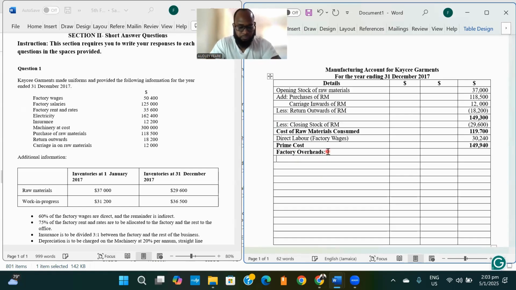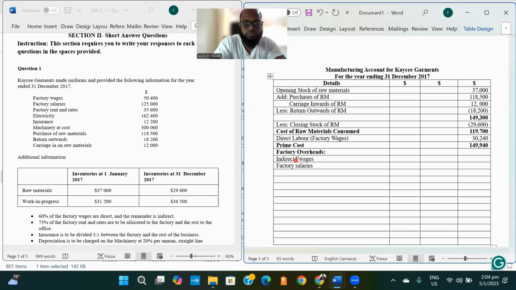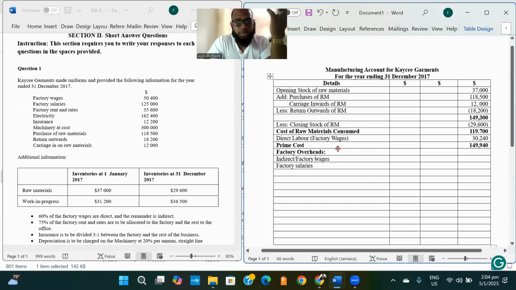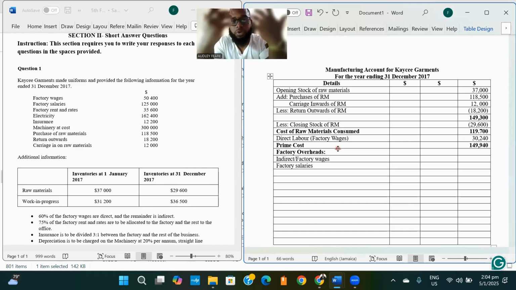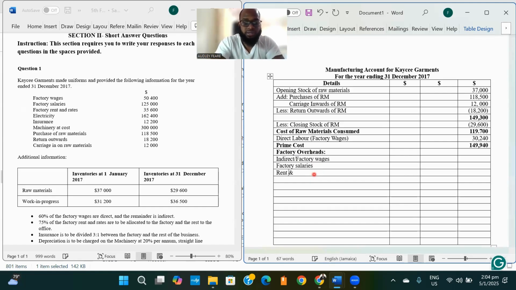All right, so let's go. So we had, just list them. We have indirect wages, so factory wages, or let's just call it factory wages. It doesn't make a difference though, right? So we have also factory salaries. They are different. Remember that wages are normally paid weekly or bi-weekly, and they fluctuate. They can go up or down depending on how much production of the goods are completed, while salaries are monthly and they're normally fixed. So it's the factory wages, factory salaries. We had factory rents and rates,